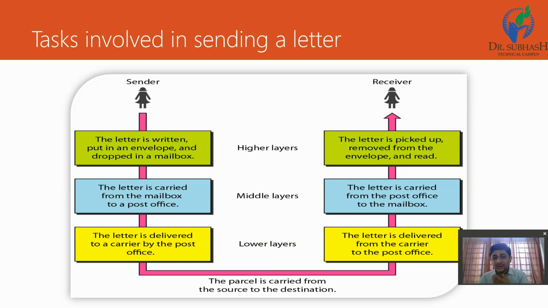What I am saying is that the sender's sequence is exactly the opposite of the receiver's. See here, step number 1 is writing a letter, and here step number 1 is the pick up, but it comes at the last. That is the opposite, reverse in direction.